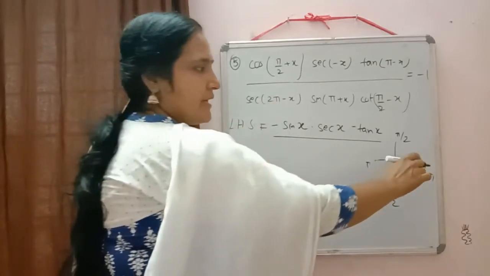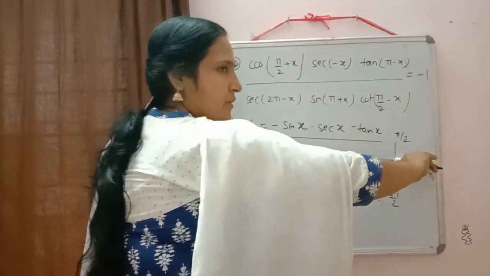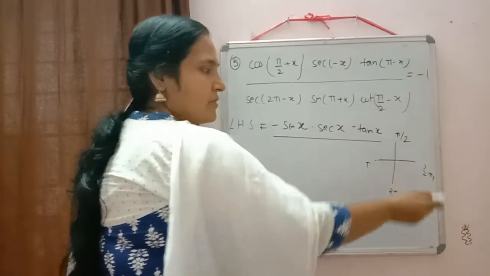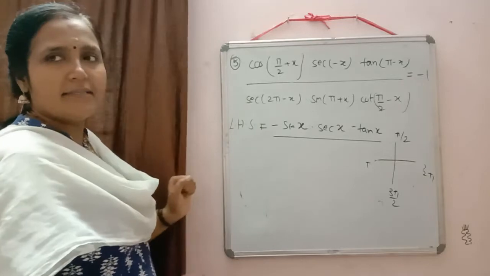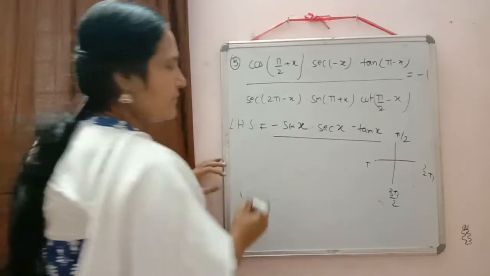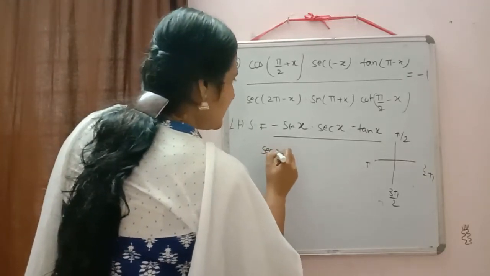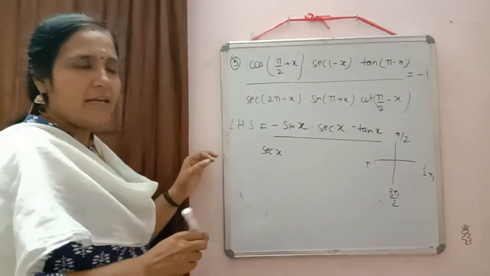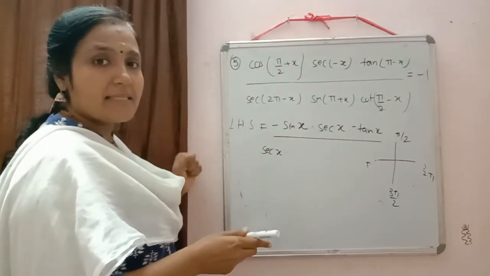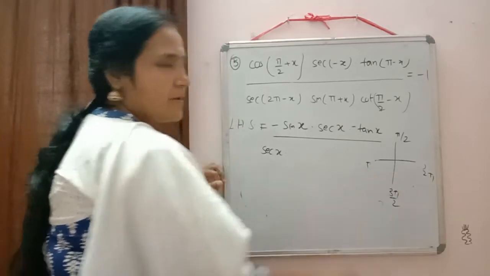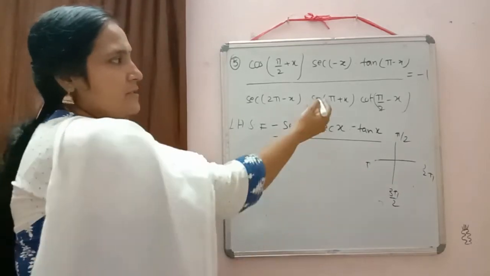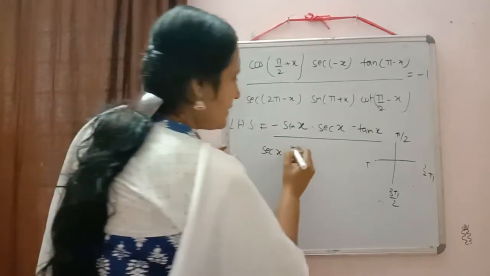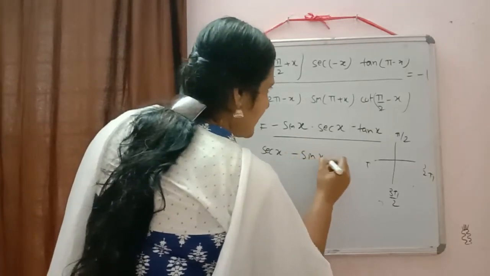2π means we are here. Minus we are going means we have to come in the reverse direction. So we are in the fourth quadrant, and in the fourth quadrant sec is positive. So it will be equal to sec x. Then next sin(π + x). In which quadrant will it come? π + x, third quadrant, and in the third quadrant since it is π, sine will remain sine only. So it will be equal to −sin x.